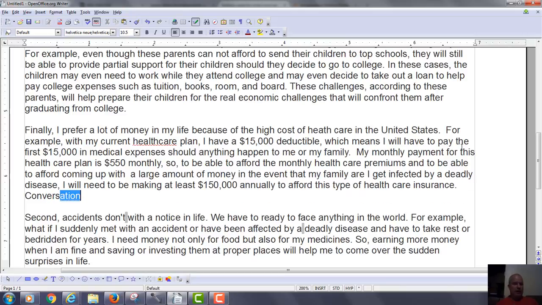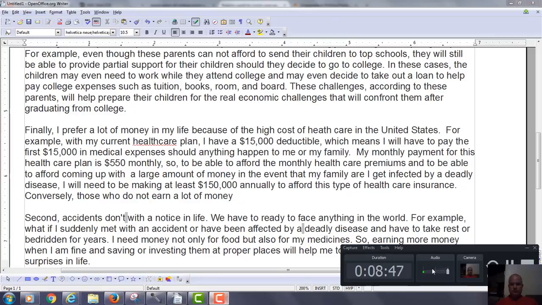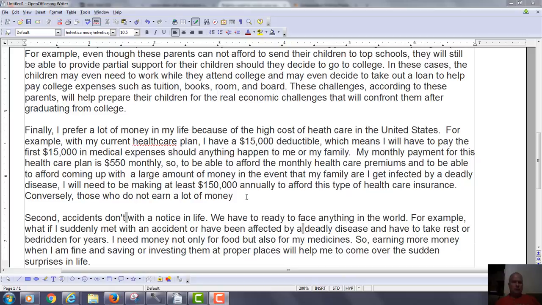Then you can address a counter argument. Always finish it up. So conversely, those who do not earn a lot of money will not be able to get